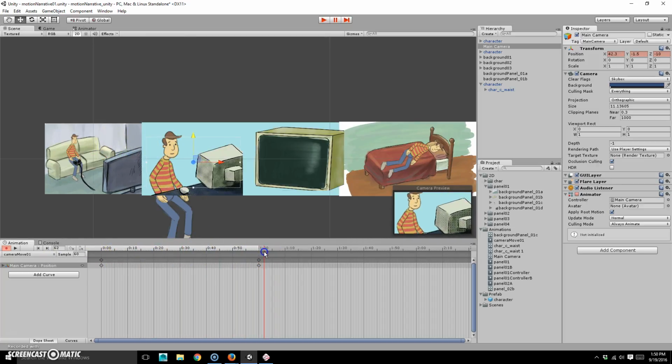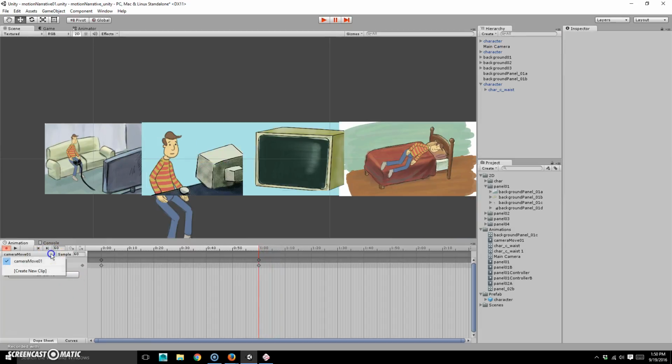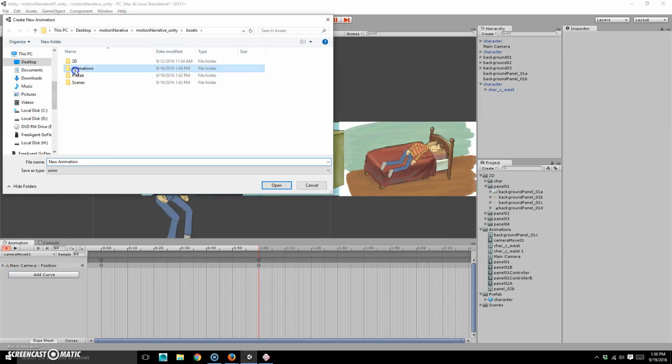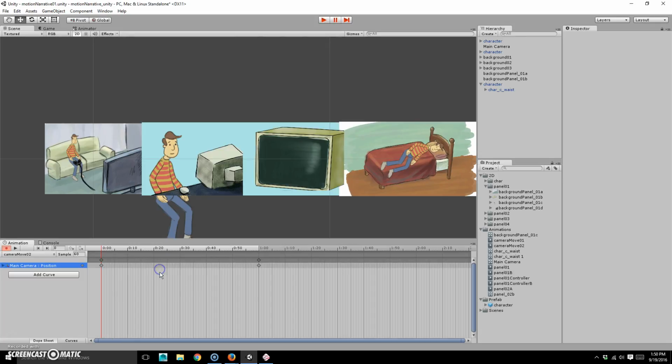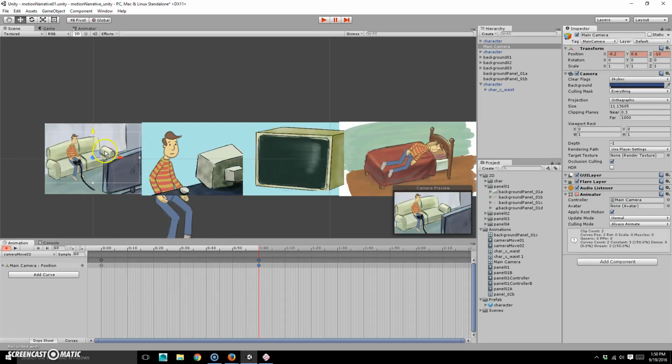So it goes from here to here. Great. Now I'm going to create another one. And we're going to animations, camera move 02. Add curve. Transform. Position, and I'm going to want this to go to here. Okay, now the only thing I got to do with this is I actually have to take this one's starting position here, or its ending position. I got to copy that and go to my second one here and make sure that's the start of this one. That way, when it animates,